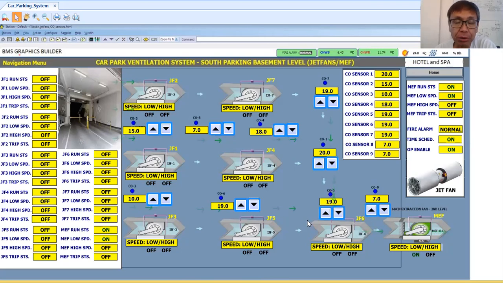That is the purpose of CFD analysis. Then they will also give you the proper orientation of the jet fans. How are you going to install the jet fan, okay, because there will be an angle in installing the jet fan.